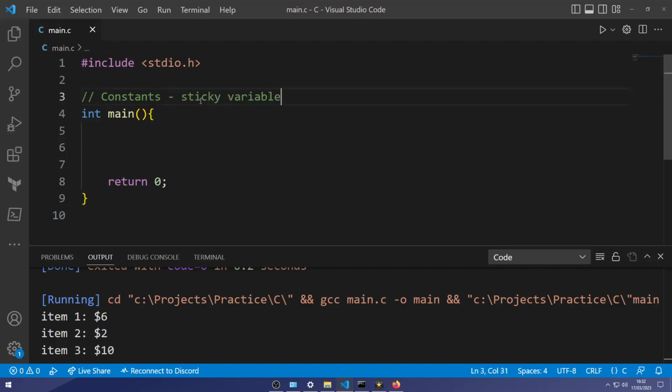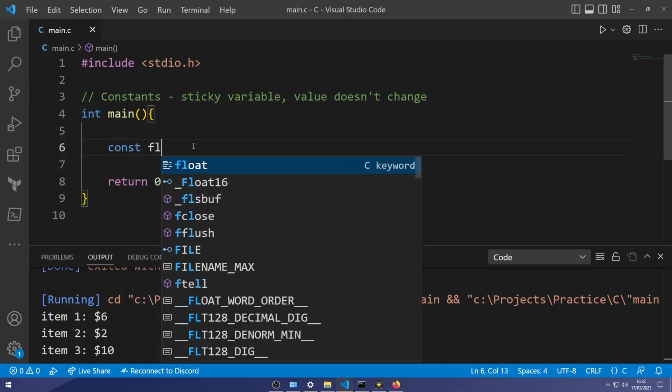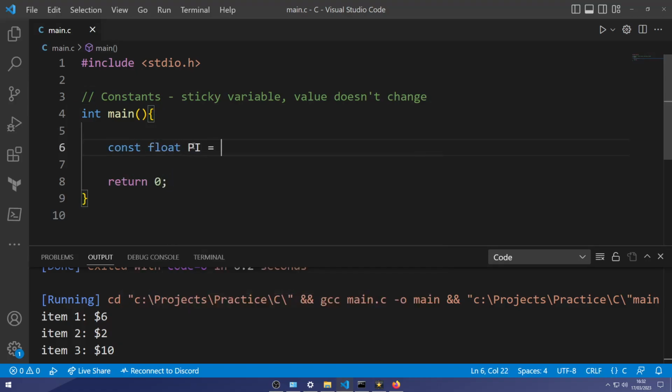So we'll create one by saying constant float. We're going to name it pi. As you can see, it's caps lock. You don't have to write your constant variables in caps lock. You're not going to get an error if you don't, but you should get into the habit of always using caps lock for your naming conventions when you're working with constants.